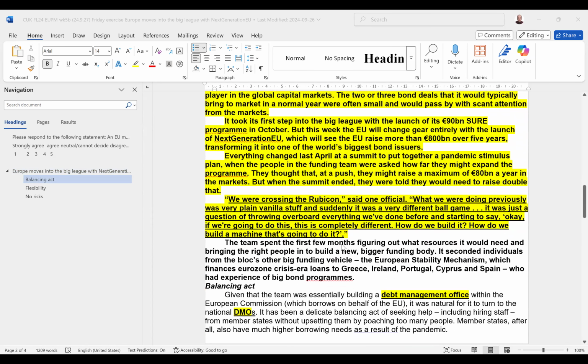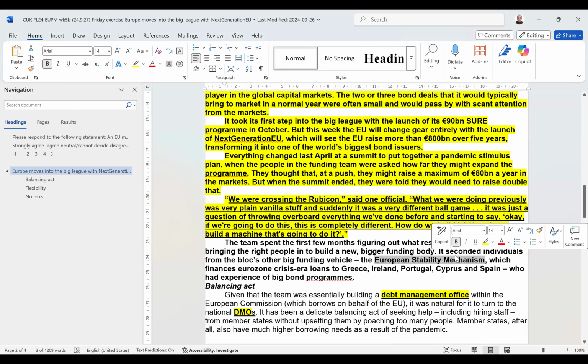The team spent the first few months figuring out what resources it would need and bringing the right people to build a new, bigger funding body. It seconded individuals from the bloc's other big funding vehicle, the European Stability Mechanism. Now, the European Stability Mechanism was an institution set up to respond to the sovereign debt crisis of 2010. It's sort of like a European International Monetary Fund. Again, another institution that was set up in response to a crisis,